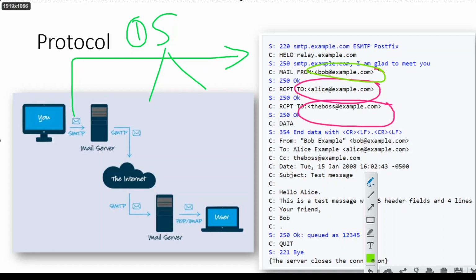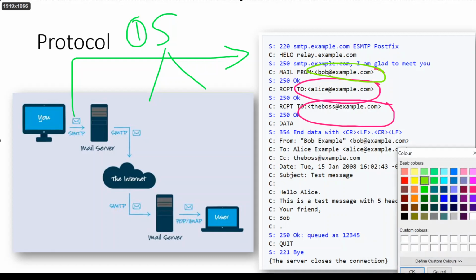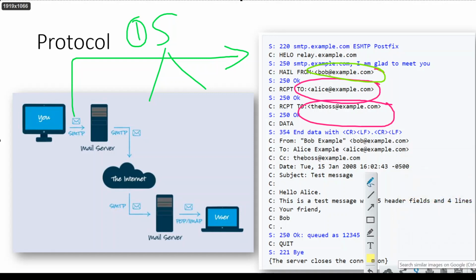So what is happening here? Let us look at the entire text. Traditionally, if you do not have any mailbox, you just need to know the SMTP server and manually log in to that particular server from your local PC, maybe with SSH or Telnet or whatever it is. Once you log into that, this is the server side.